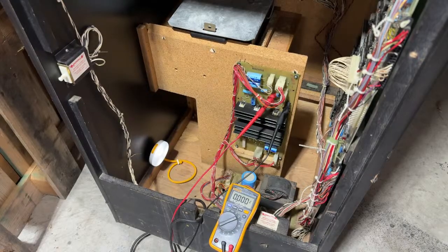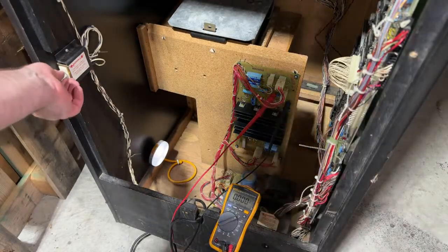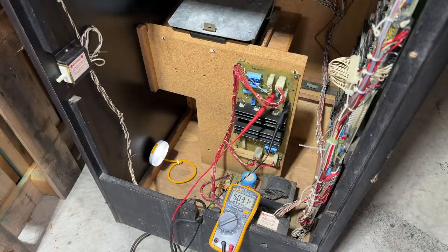Charles is saying put it in test and hit the coin switch. Will that do it if it's in free play? I'll try that real quick. All right, it is in test. Let's turn it on. All right, voltage still looks good. And hit the...